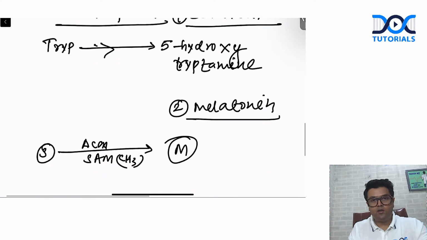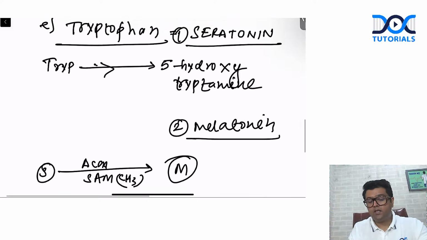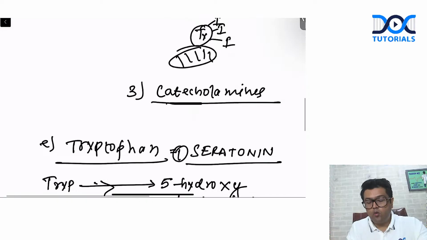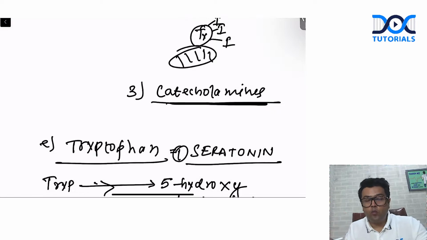So guys, for tryptophan, these are the two important products that you have to remember. So these are all the products. So guys, you can get a short note where they can ask you to explain, or at least mention, the names of the products of various amino acids. This can be a 5 mark question or a 2.5 mark question. If it is a 5 mark question, obviously you have to write even the steps. Like let's say how the catecholamines are formed from tyrosine. What are the various steps involved and what are the names of enzymes involved? That you should write. Okay, like to convert dopa to dopamine,